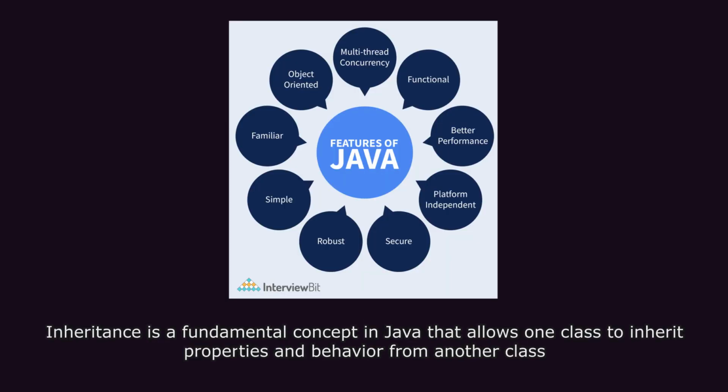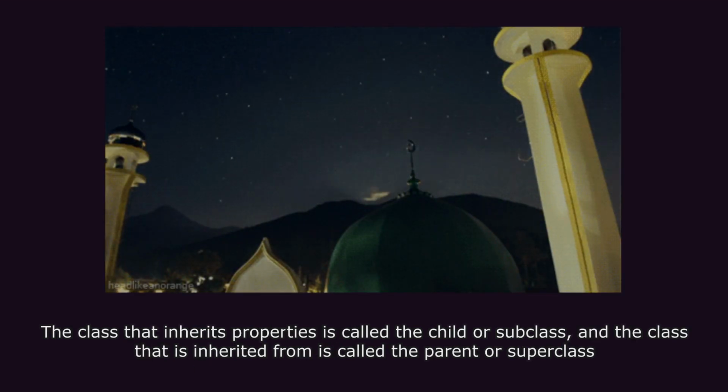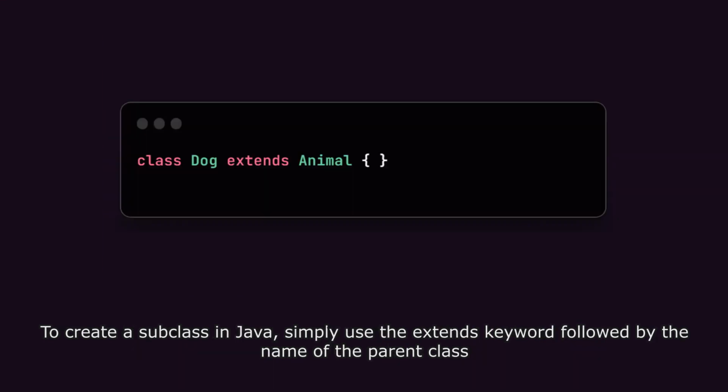Inheritance is a fundamental concept in Java that allows one class to inherit properties and behavior from another class. The class that inherits properties is called the child or subclass, and the class that is inherited from is called the parent or superclass. To create a subclass in Java, simply use the extends keyword followed by the name of